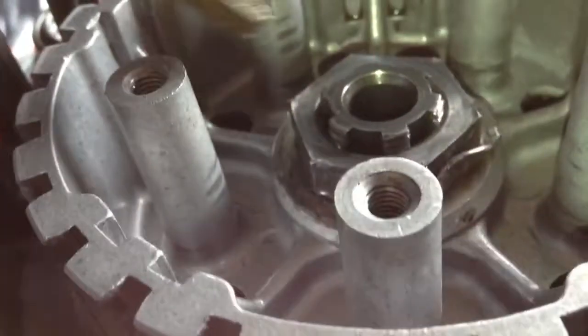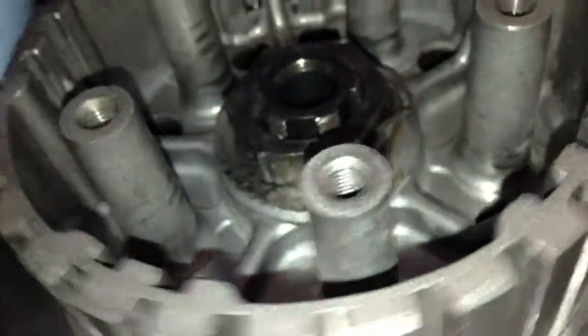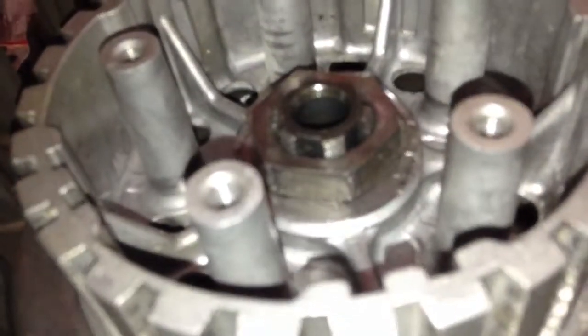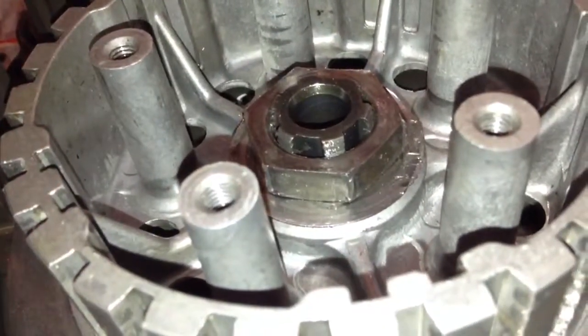See how we just crushed that down. Good quality of this. And what that's going to do is it's going to hold our nut in place, so in case the nut ever comes loose, it's going to stay there. So, next step we're going to do is